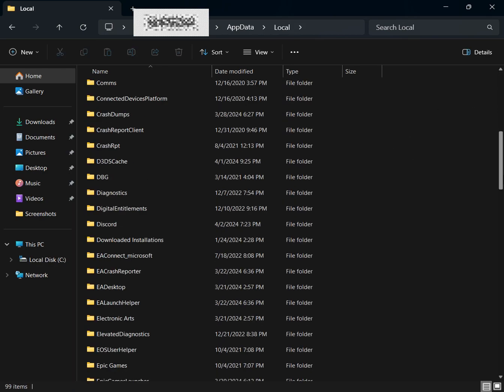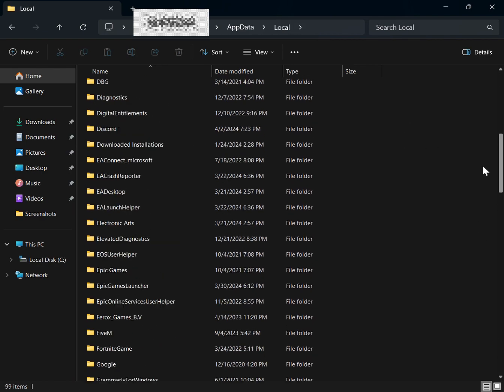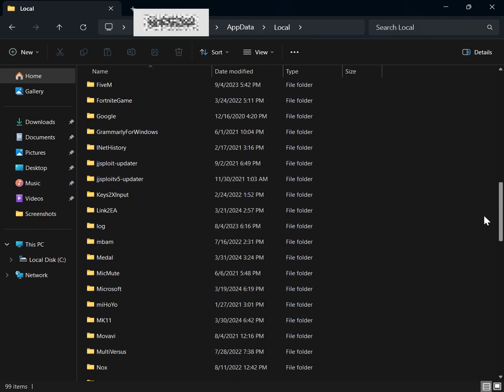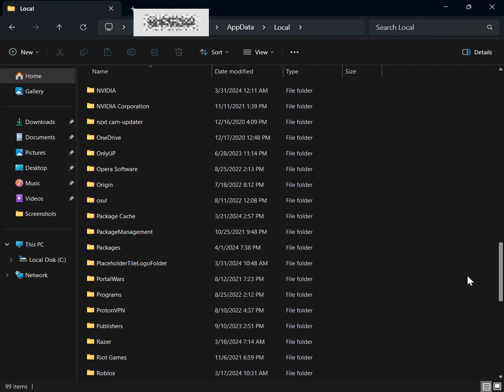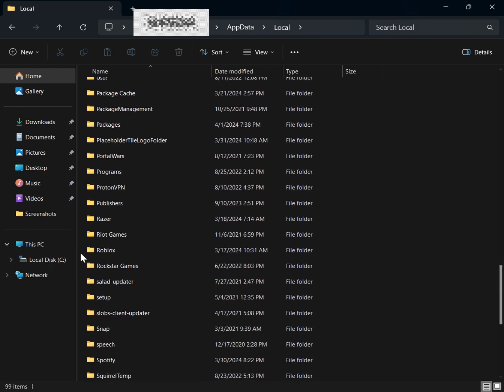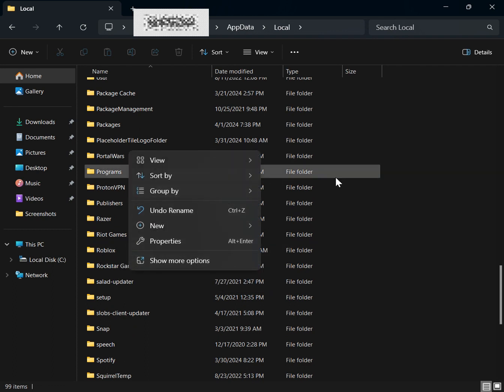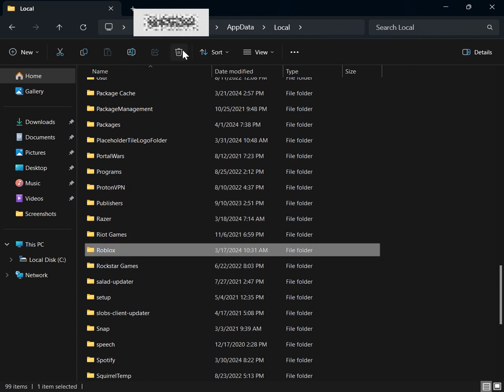Then once you're in local, what you have to do is scroll down till you find Roblox. It should be after P, so it should be right here or right here. So once you find Roblox, what you do is click on this, click on uninstall, delete it, then just go